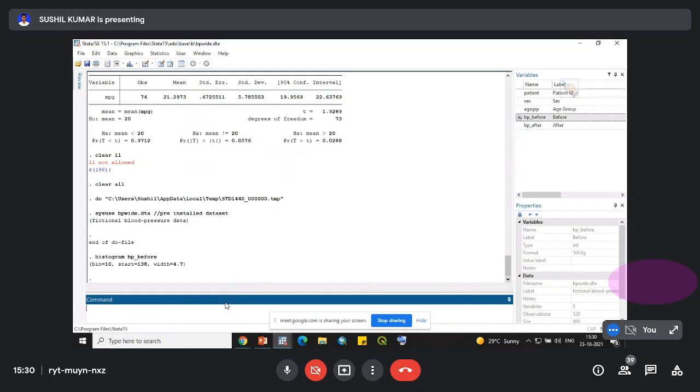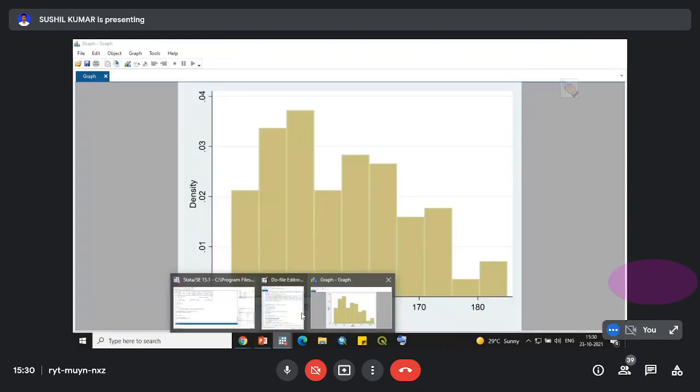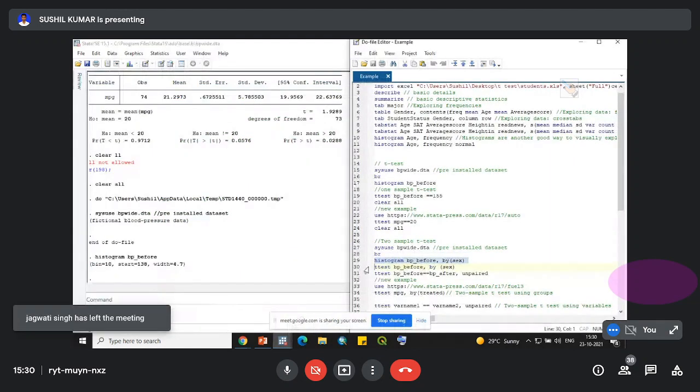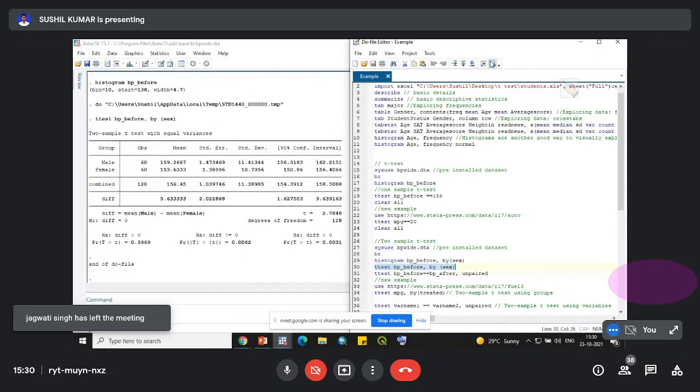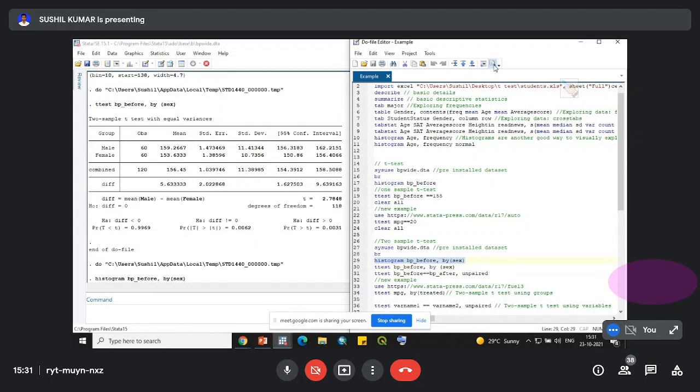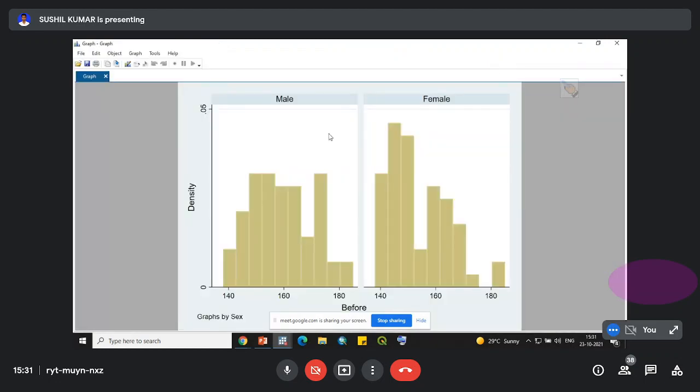We will use the command histogram BP before, by sex. Now you can see that Stata has given me a histogram of BP before, divided into two categories. One category on the left side is for male and the other side is for female.